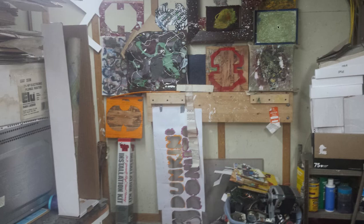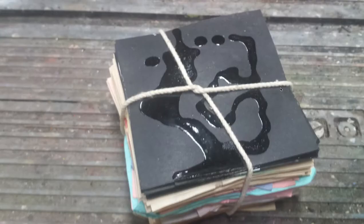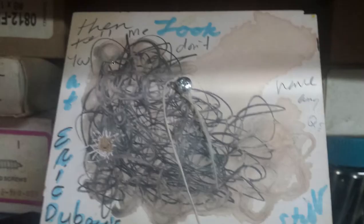Here's a wall in the studio. I'm always working on artworks. Here they are. Cruising through this stuff. Let's read this one out. What's it say? Look at... no, wait, it says...